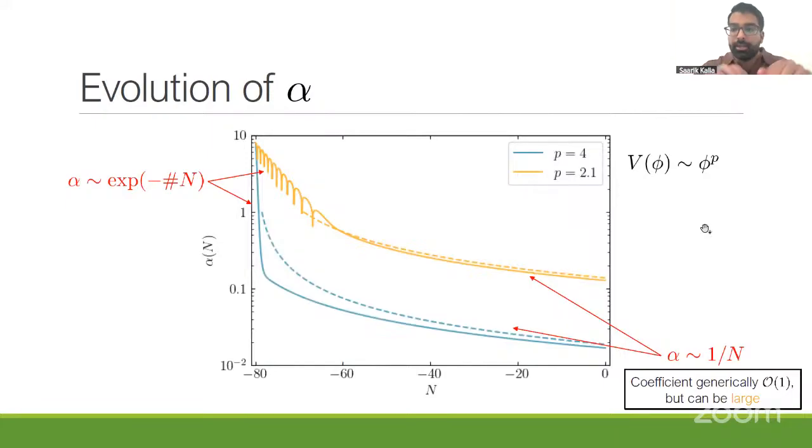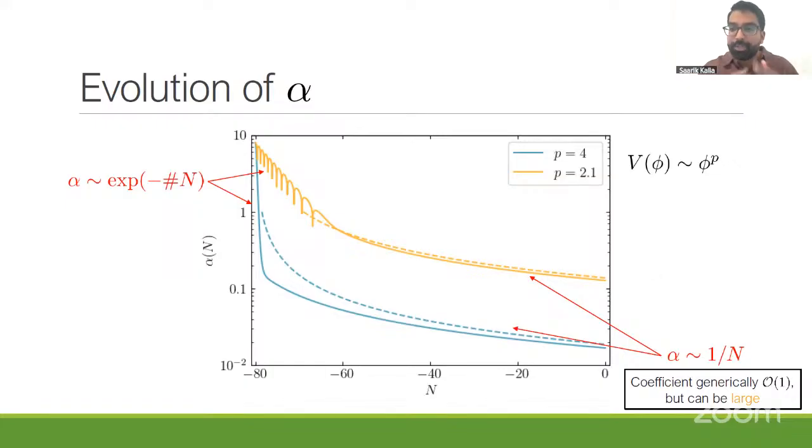So this here is now a numerical evolution of alpha over the course of inflation for two different potentials, with basically two different exponents for phi that I've taken. And we see exactly the behavior that I explained. So at early times, the scalar is oscillating and redshifting, so alpha in particular is decreasing exponentially as a function of N. But then at late times, it's going like 1 over N. These dashed lines here are the analytic predictions for what alpha should be.